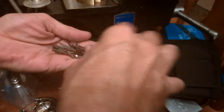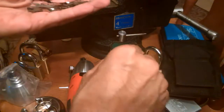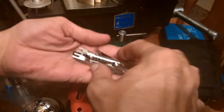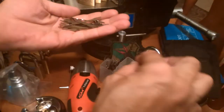I think you got 2 of those. That was a 4-prong. This is a 4-prong. I guess you got various wave patterns. I don't have a cross lock, but I'll probably get one just for giggles. Alright, here's the nut. The only thing I've lost out of that was a little, like I said, a little